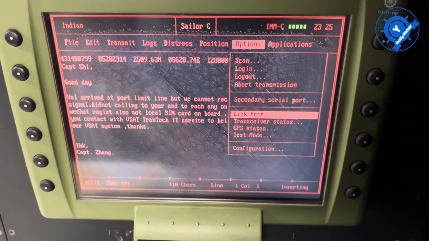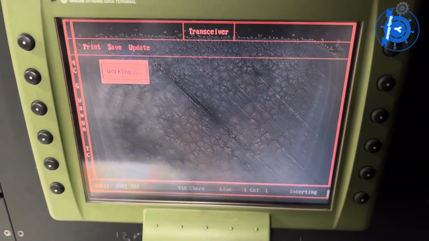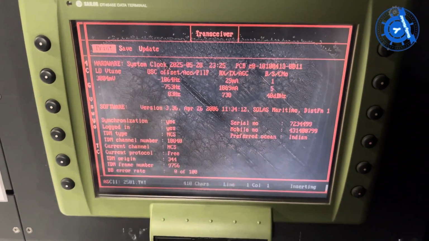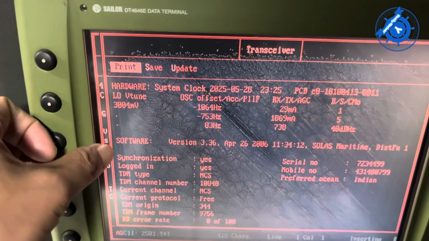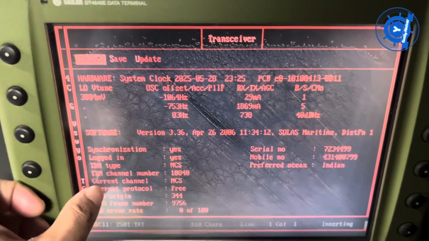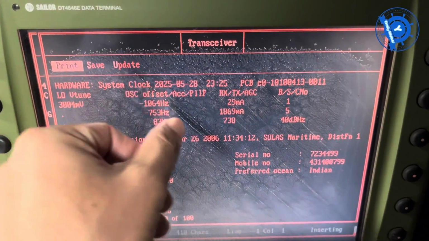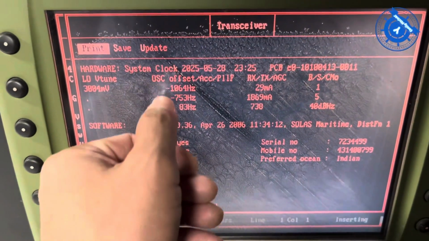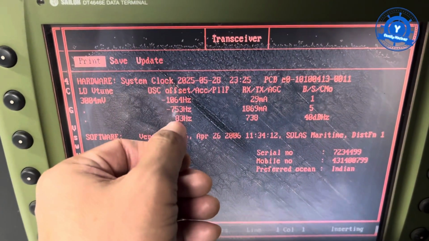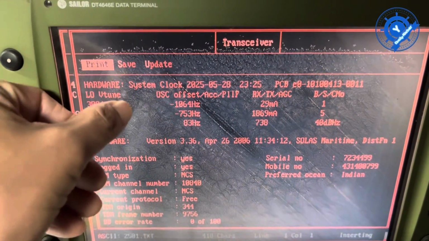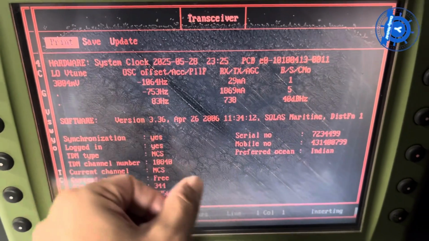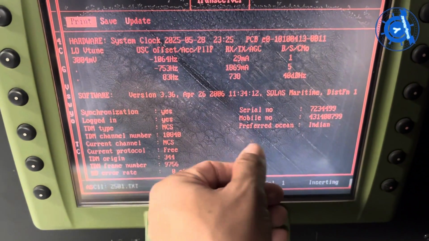And then the transceiver status. The transceiver status means you can check our hardware and software version, and everything you can see. So this one is for hardware and the second one for software, and serial number and also mobile number.